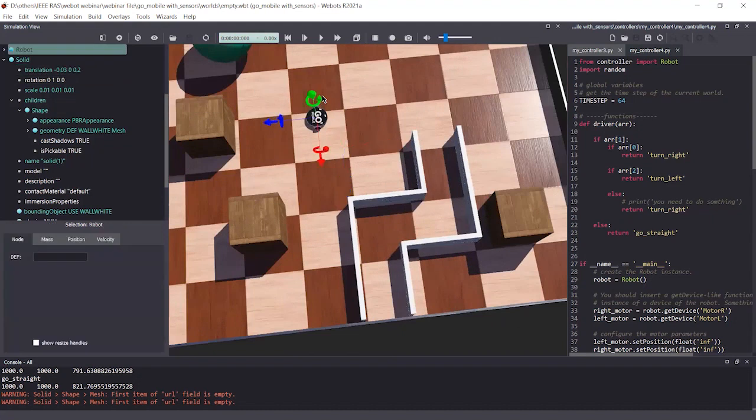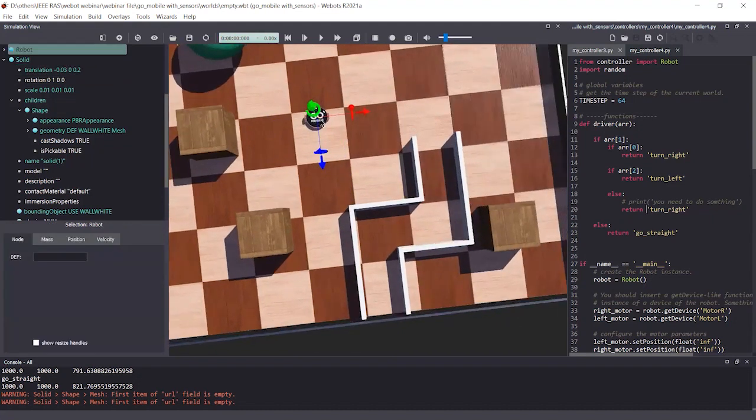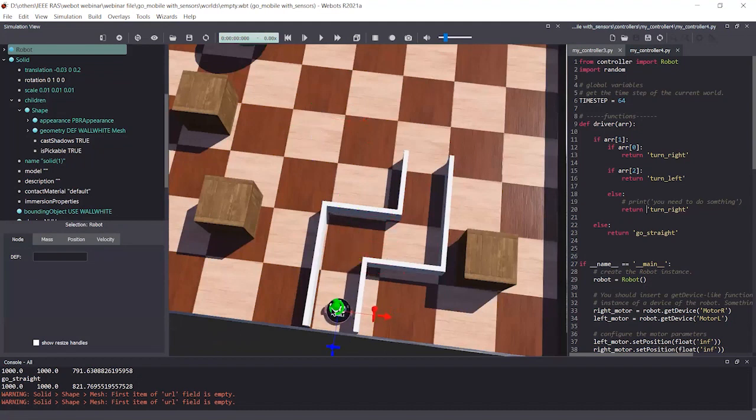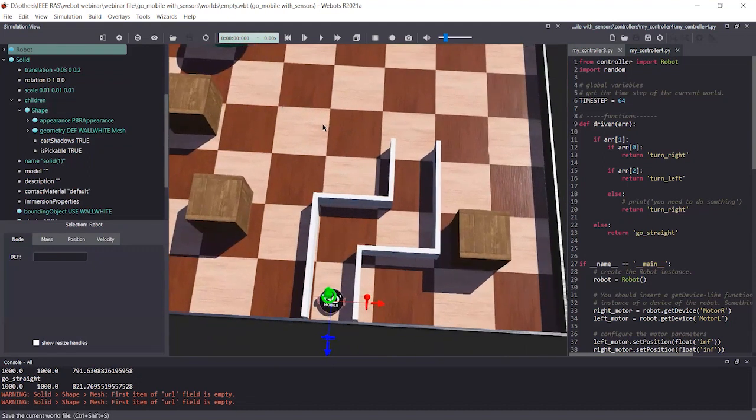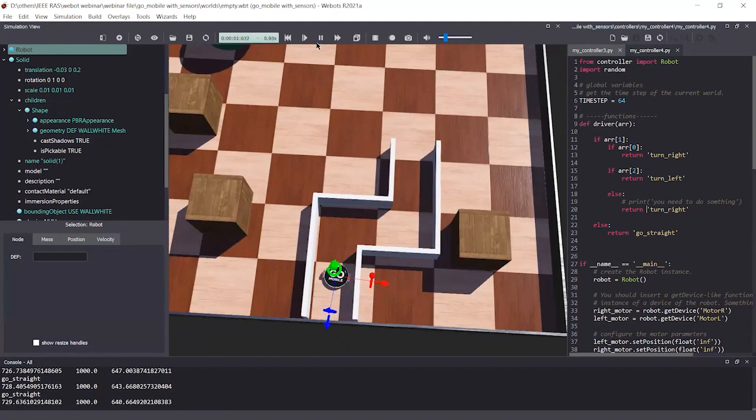I'm going to save this. I'm going to rotate our robot. Let's see. No snake. Let's place this here and save this. Let's run this. Okay, it's going fine.